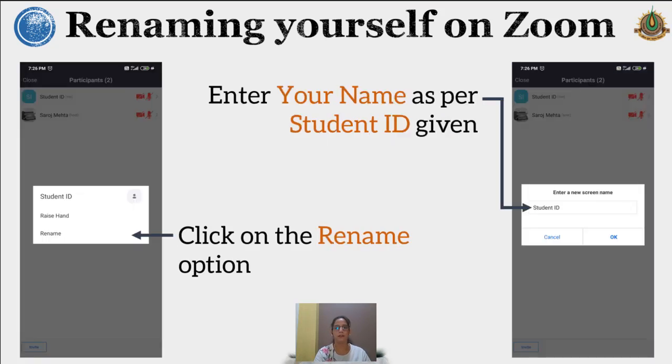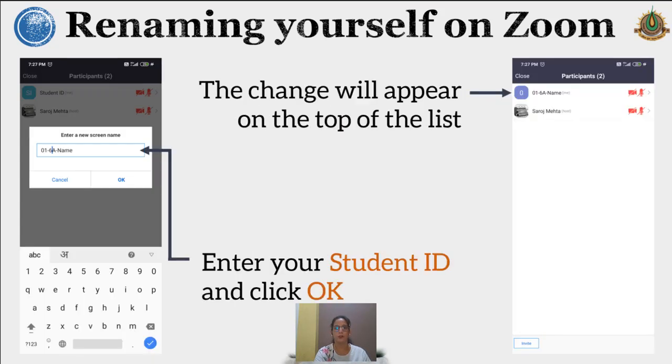You can see here, tap on the name, click on the rename option and enter the name as per requirement. You can see an example here, I have written 01, it's my roll number, 6th A is my class, and then type your name.